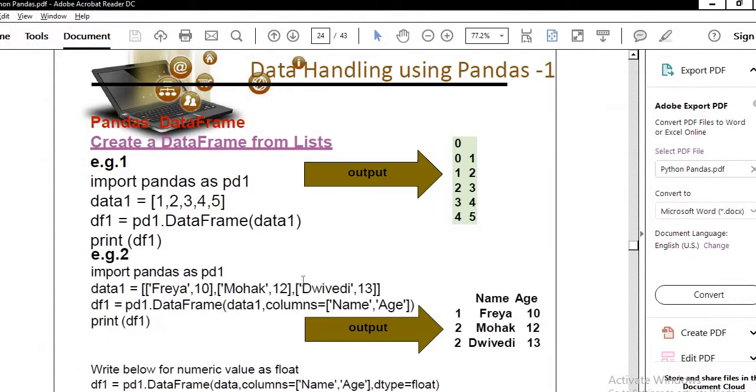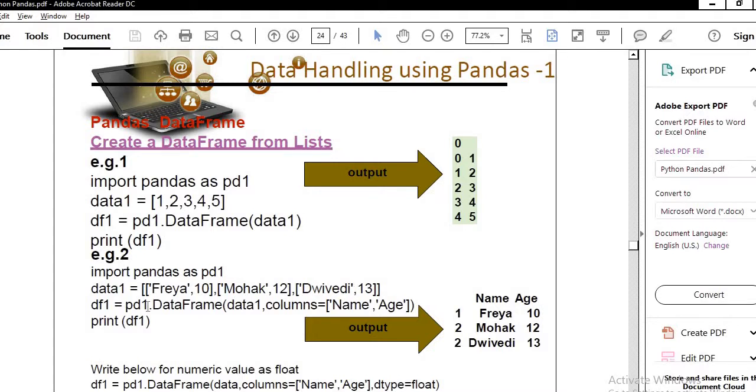Now you can see in the second example, we have again created the data frame from a list, and here the supplied data is: this is the first list, this is the second list, this is the third list. Each is containing name and then age.